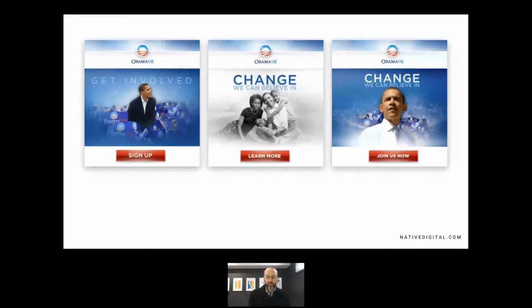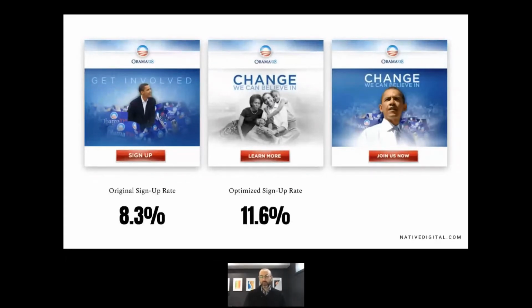In the chat, let's just call this A, B, and C. Does anybody want to guess, without Googling this case study, which one was the highest performing, A, B, or C? Yeah, good guesses. So I gave it one hint in the sense that the left side is the original, right? So you guys aren't guessing that one. Let's show what the original was and what the top one was. So everybody who guessed B is correct. That was the highest performing ad unit combo that they had.